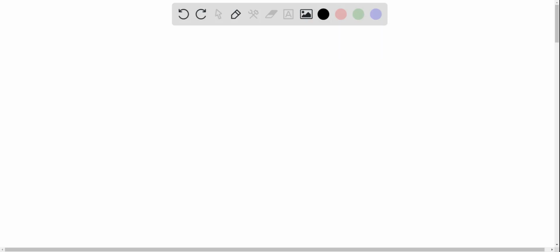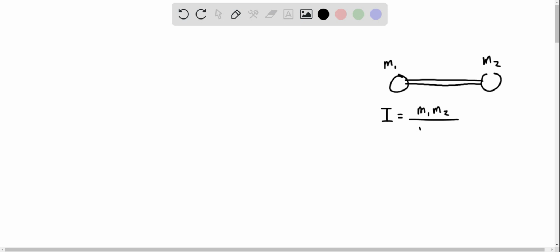In this question, we have a rotor, a rigid rotor. This rigid rotor is made up of a massless rod with two masses, M1 and M2, and we are given that the moment of inertia of the situation about the center of mass is M1 M2 divided by M1 plus